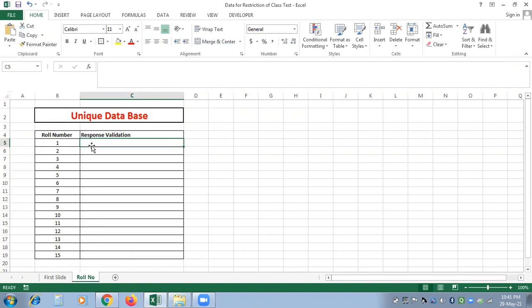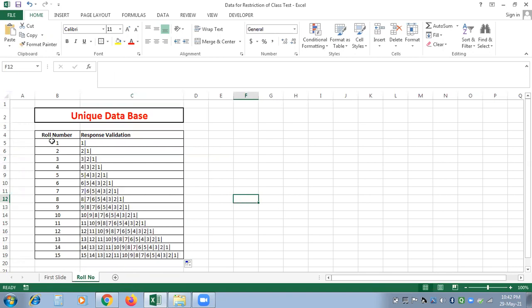Just see what I am writing in the formula here. Cell B5, then double quote, vertical line, and enter. In the second cell, you click the B6 cell, then the vertical line, double quotes, then the previous cell, and drag this formula down till the last.